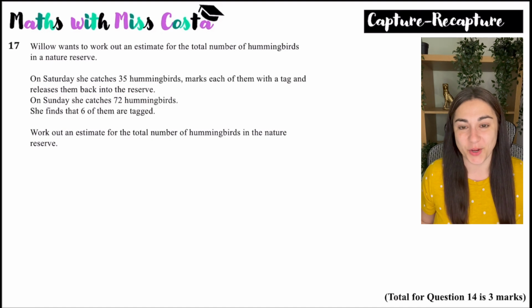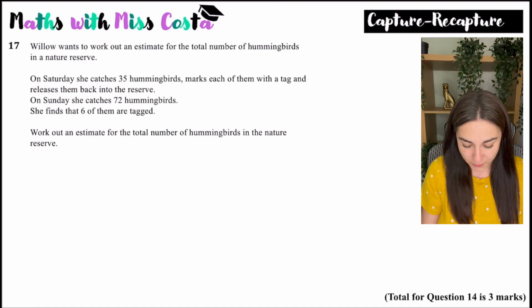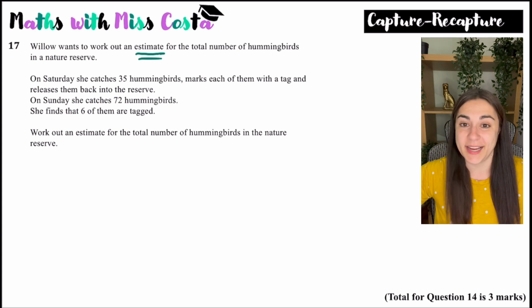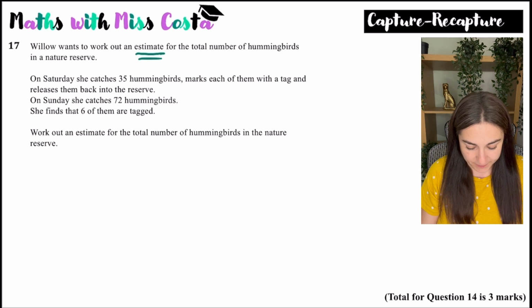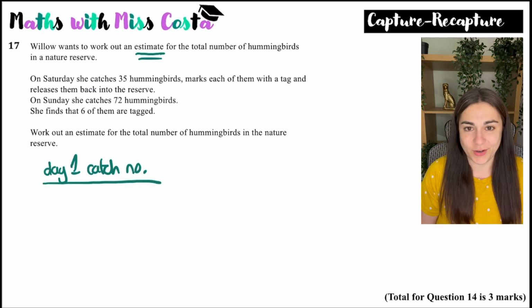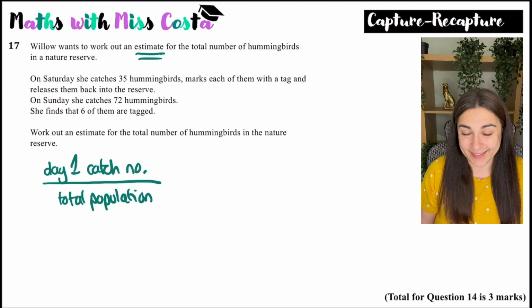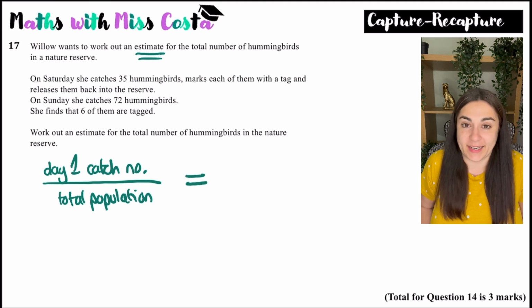Okay, so Willow wants to work out an estimate for the total number of hummingbirds in a nature reserve. Now this is the capture-recapture method, and essentially it's saying that if you catch, so let's say on day 1, you catch however many you catch on day 1, over the total population is going to be an equivalent fraction to if you then on another day go out and,